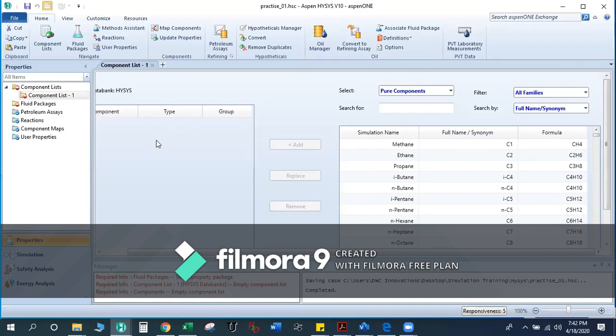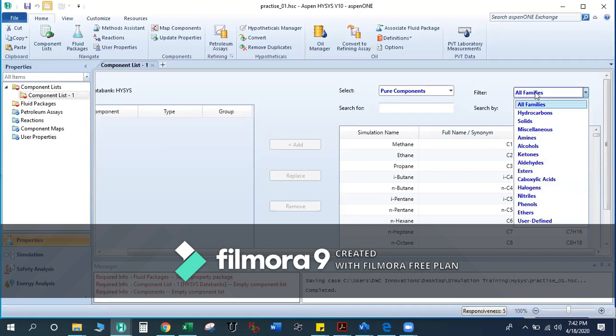If you are going to simulate your model, maybe you will need methane, ethane, propane, butane, and pentane, like 5 or 6 components. Then you will select only those 5 or 6 components and you will not touch the other components. This is basically the families. All families means hydrocarbons, solid, miscellaneous, then amines, alcohols, ketones. These are all the filters.